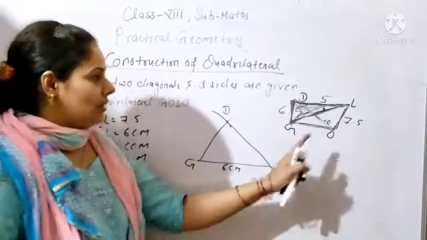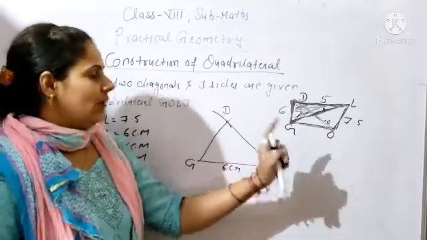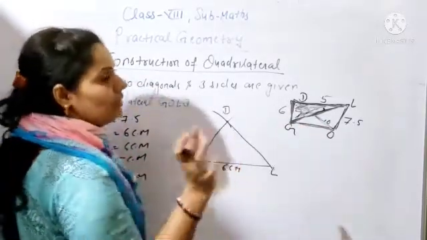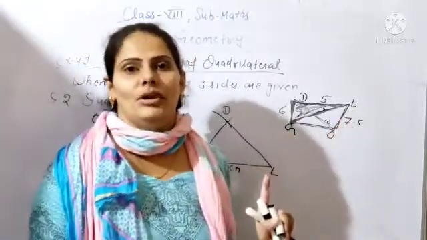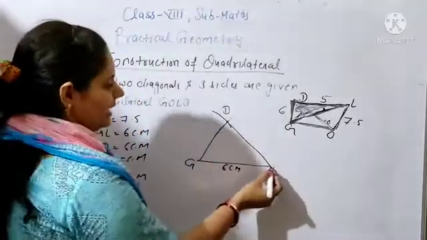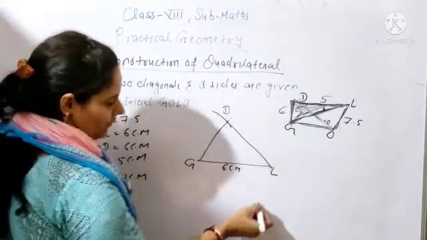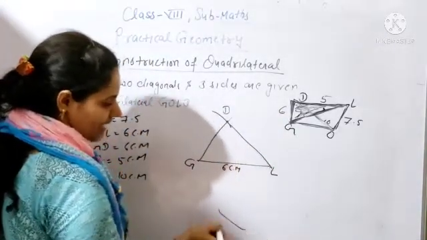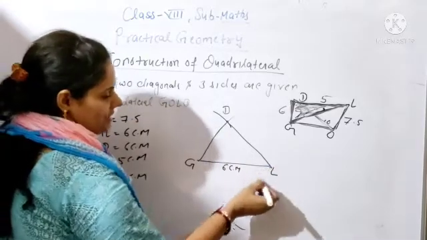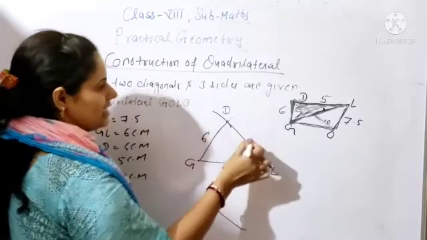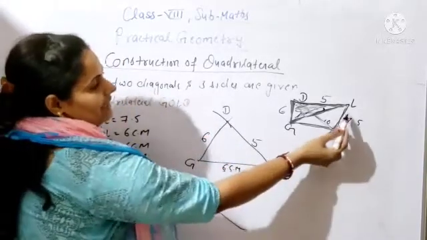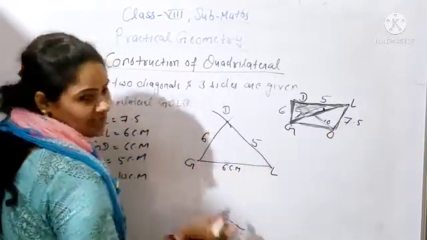You have to draw the downwards triangle also. So in the downwards triangle, first of all you will check what length is given. LO length is given and it is 7.5 centimeter. So from point L you will open your compass 7.5 centimeter and draw the arc like that. Clear? So this is LO. After that, first, beta, you will write these lengths also, 6, 5. Clear? Now this length is given, but GO, this one length is not given.